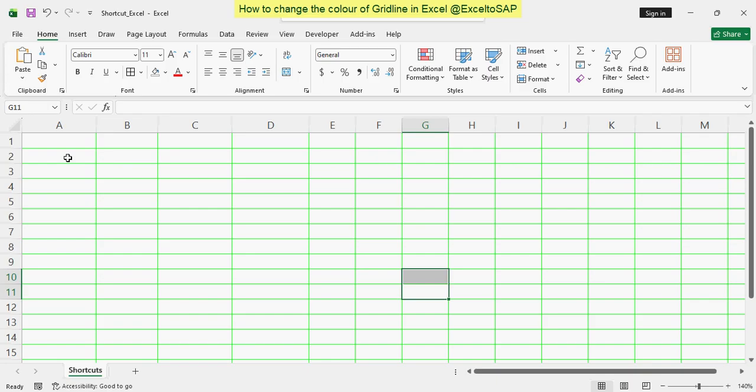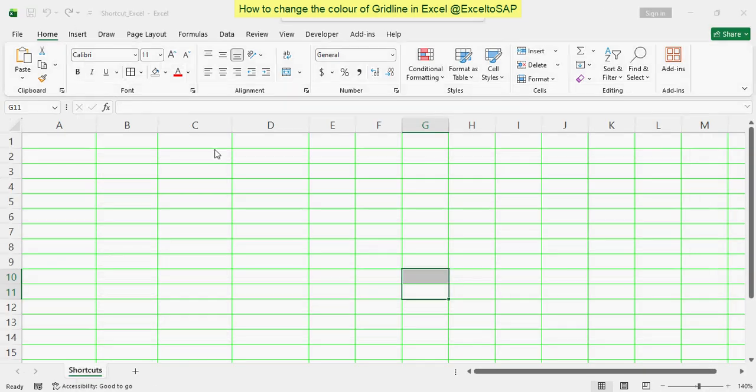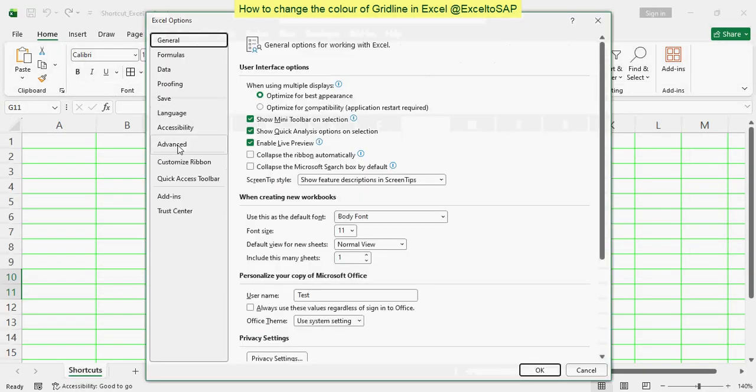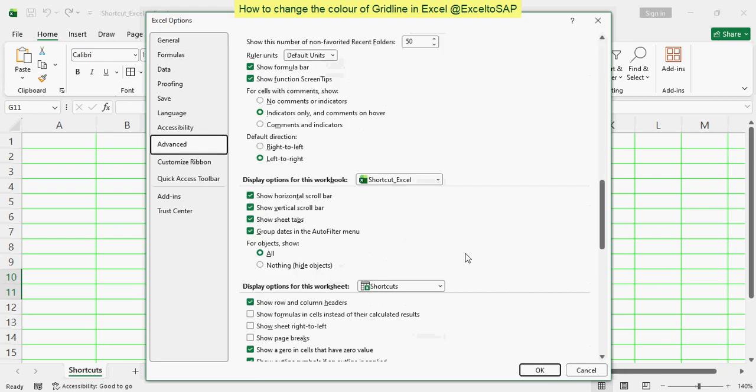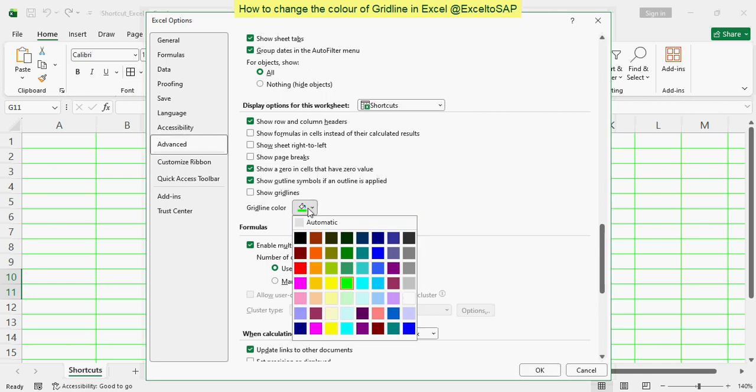So if you want to change your grid line color, then go to File here, then go to Options, then select Advanced, then scroll it down under this display option for this worksheet. Select the grid line